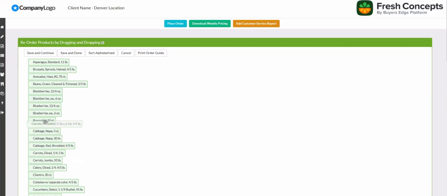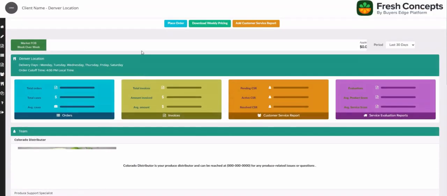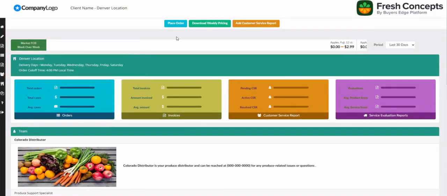Once you're done moving things around, you can click Save and Done. You can do Sort Alphabetize, which just puts everything back in alphabetized order once again. You can cancel to get out of the screen. And you can also print the order guide, which again is just to help you when you actually go to place your order in your coolers, as an example. So go ahead and click Save and Done, and you'll go back to the home screen, and we can click